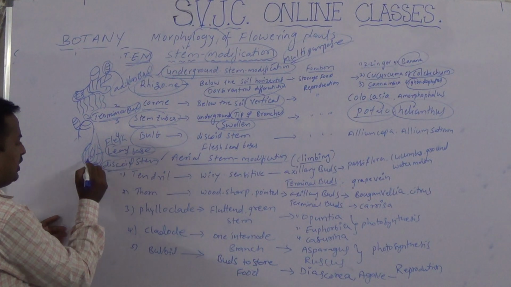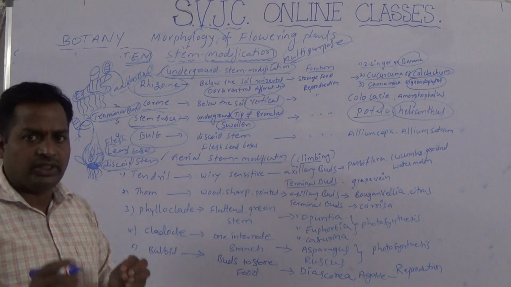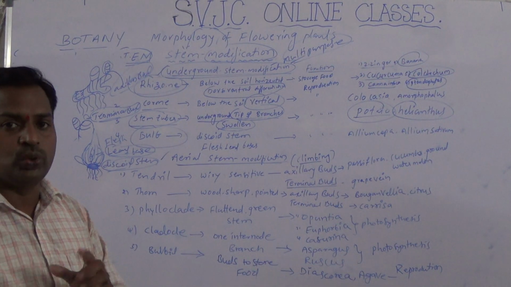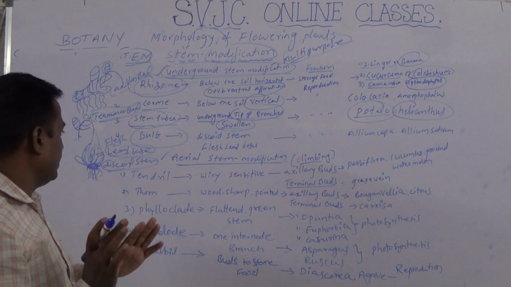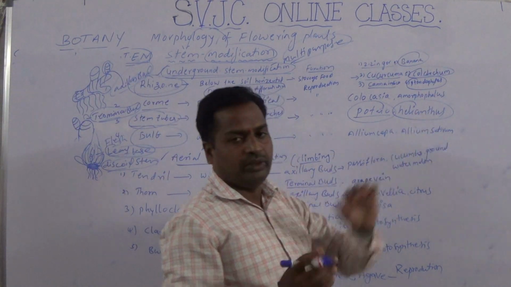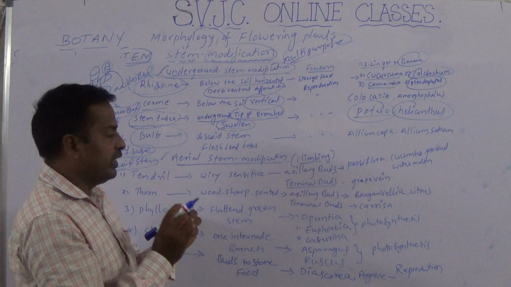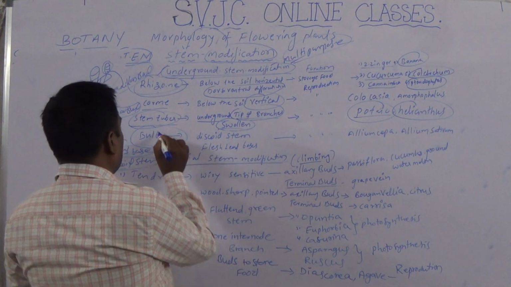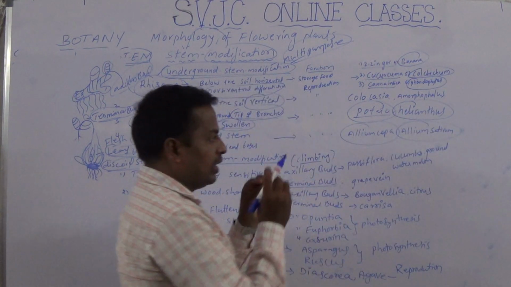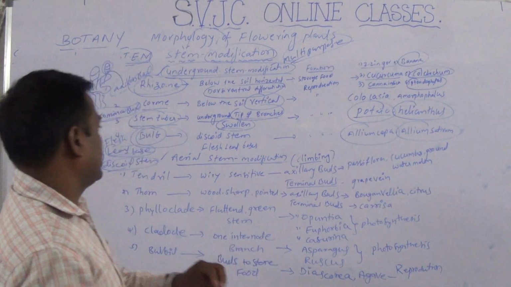And the fleshy leaf bases have many axillary buds and terminal buds. Axillary buds are always useful for reproduction, students, and the terminal bud always develops into shoot. That is very important. And example of bulb: Allium cepa and Allium sativum. So what type of underground stem modification is reported in Liliaceae family? Bulb. Both Allium cepa and Allium sativum belong to which family? Liliaceae family.